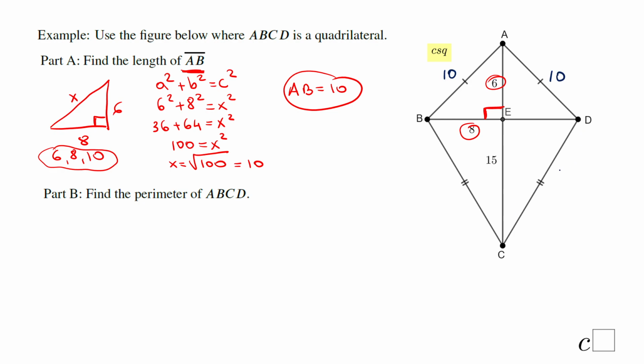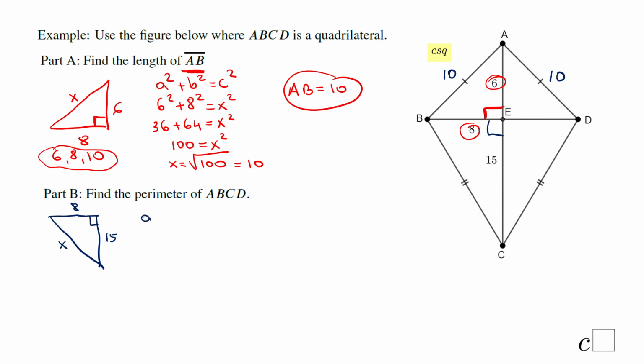We need to find how long it is, either BC or DC. So again, a right triangle. Let's say we're gonna do this one, and we have 8 and 15 here. Let's see how much this x is, but I want to be sure it's a different